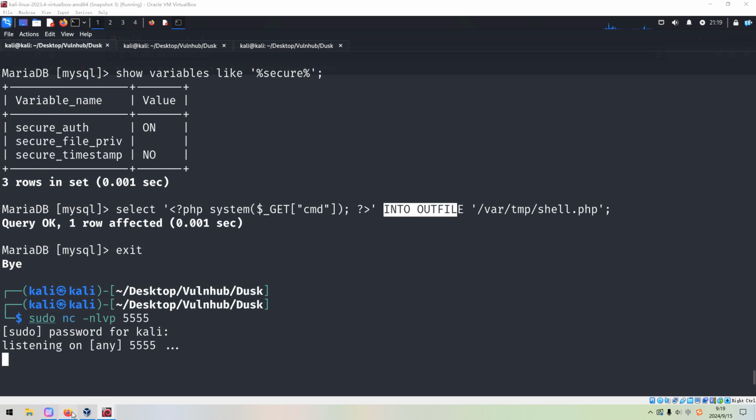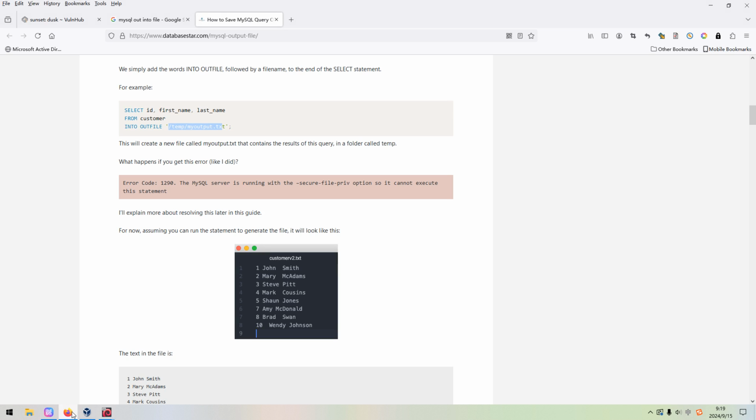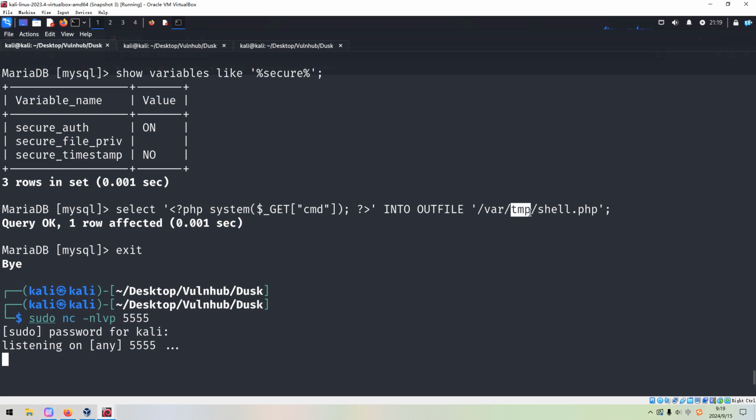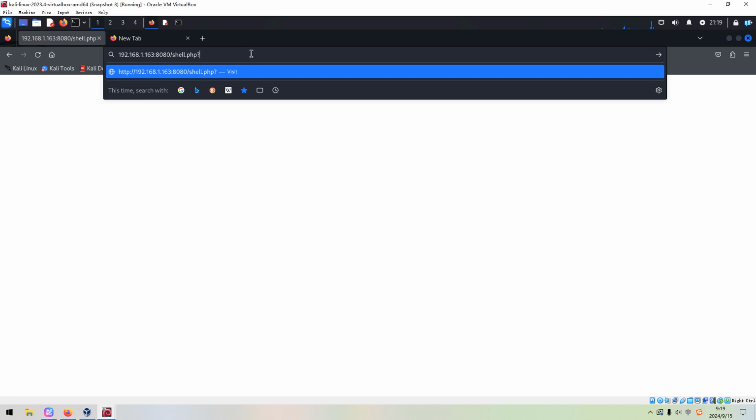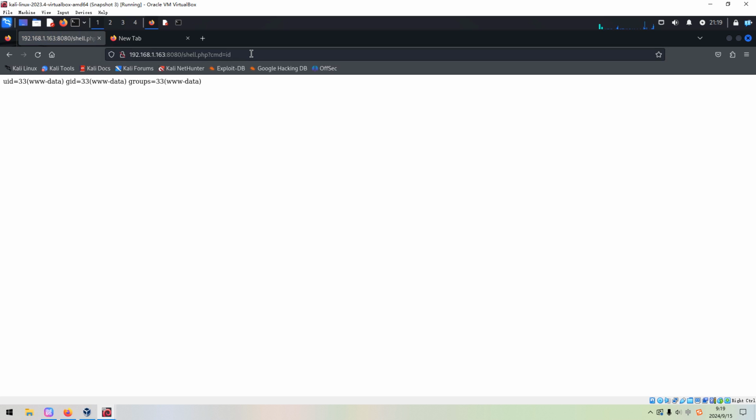Into outfile, the temp shell.php. Okay, sorry. I need to pass the parameter. My bad. CMD. As you can see, the command can be executed properly as we expected, right?